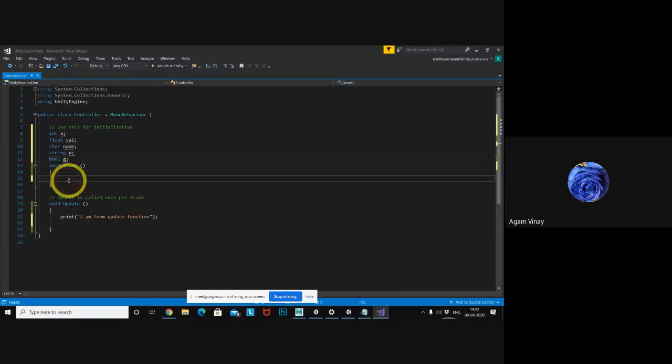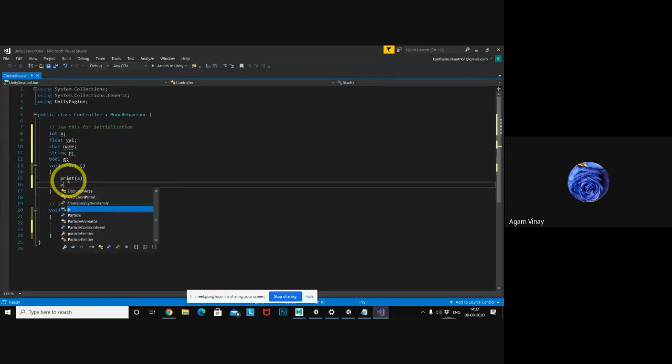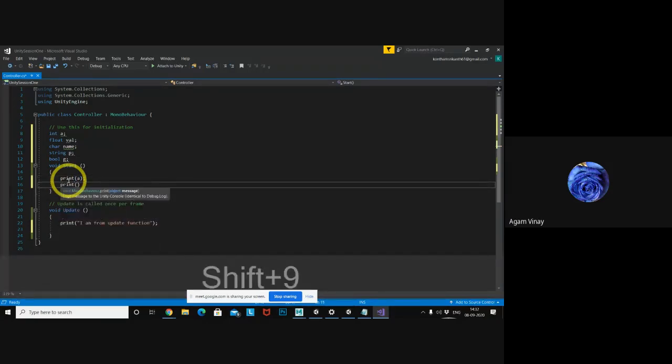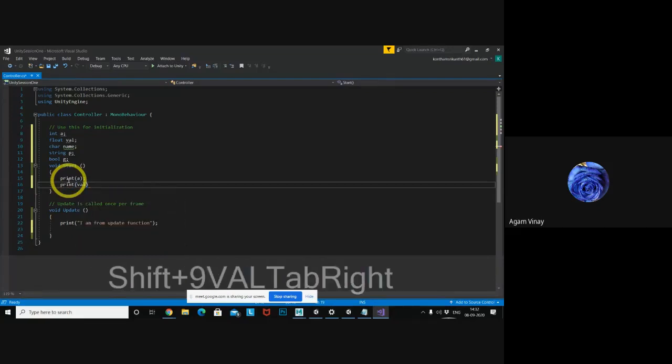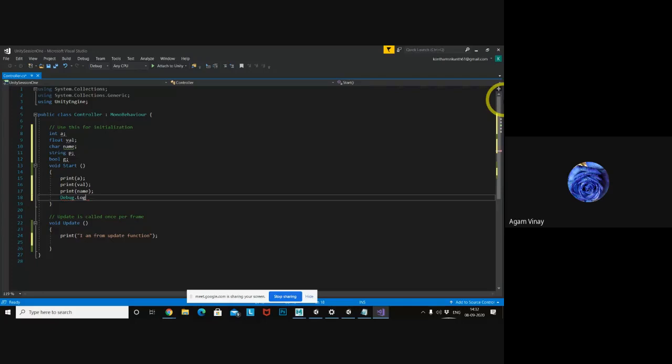Now I just want to print them all. Print a, print the float value, print the character name. Print is for displaying, the same as Debug.Log.